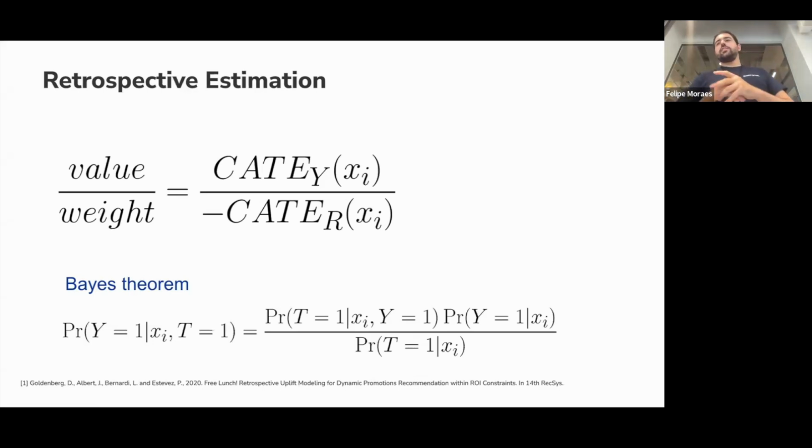And the thing that is quite cool here is that the denominator is the probability of someone choosing treatment or control. And because we're in a randomized trial, this is a fixed number. If it's a 50-50% split, this number is going to be 0.5. The last term in the numerator, the probability of booking given X, doesn't depend on the treatment. So if it appears in the value and in the weight terms, it's going to cancel. So we don't have to take that into account.